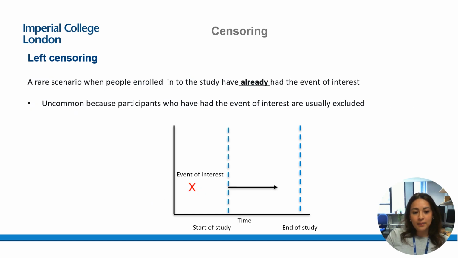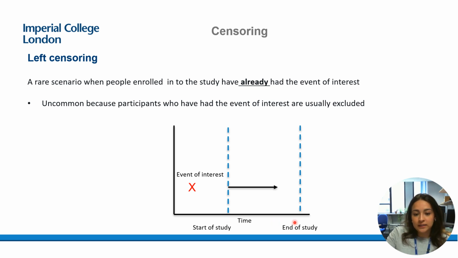We also have left censoring, and this is a bit more of a special or rare scenario. This is when people who enroll in the study already have the event of interest. It is very uncommon for participants to have the event of interest before the study has started, because they're usually excluded. However, there may be certain scenarios where, for example, let's say this is our